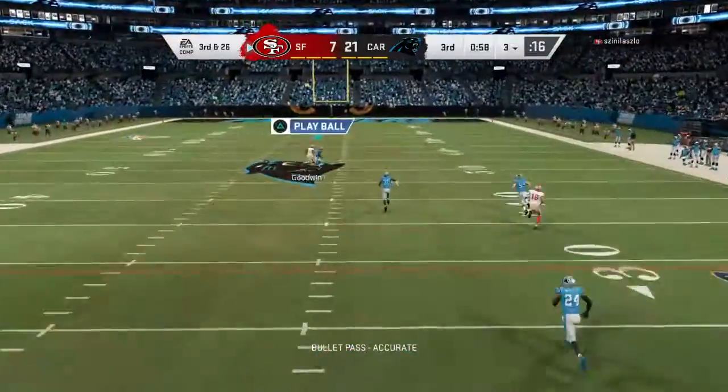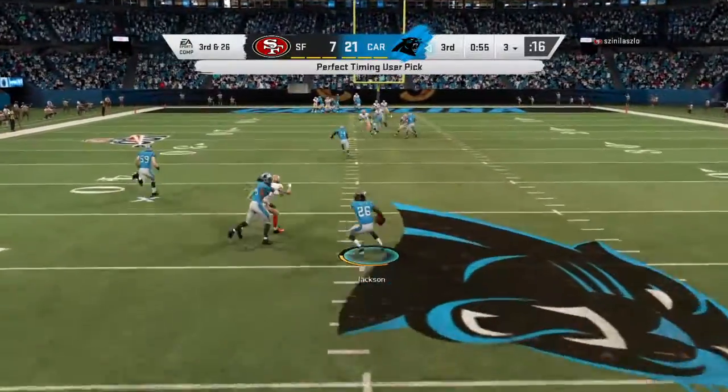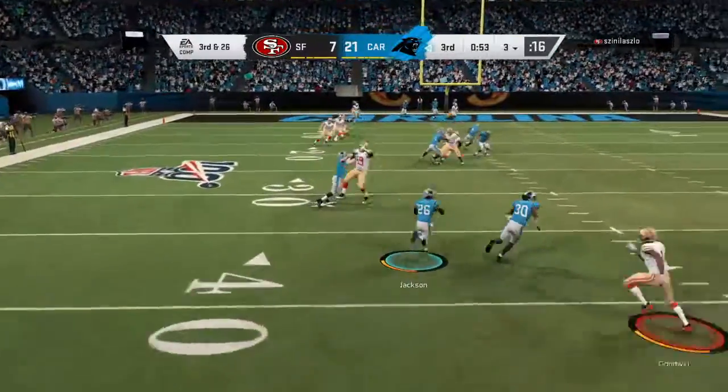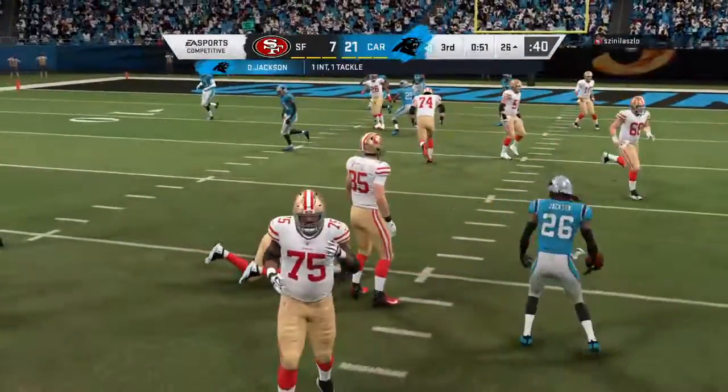Deep ball for Goodwin, and he fires one that's intercepted. Dante Jackson picks it, and a great return here gets us one all the way down to the